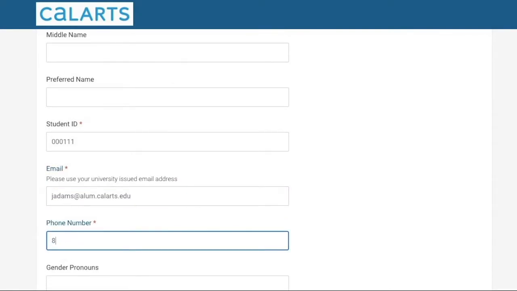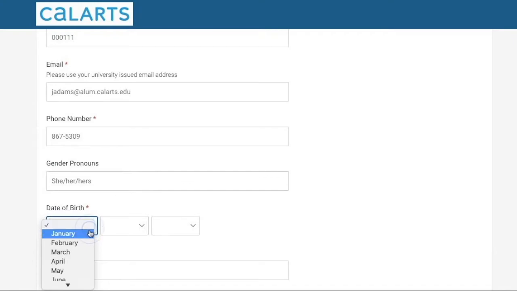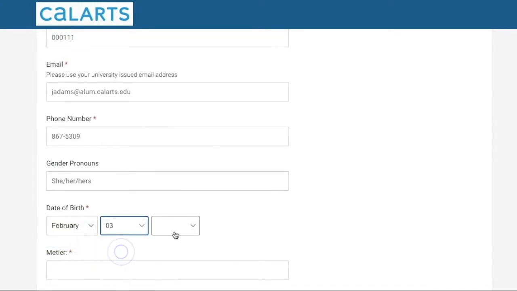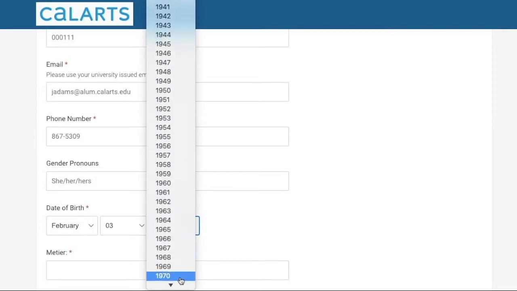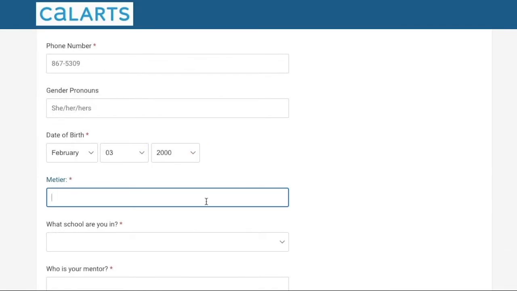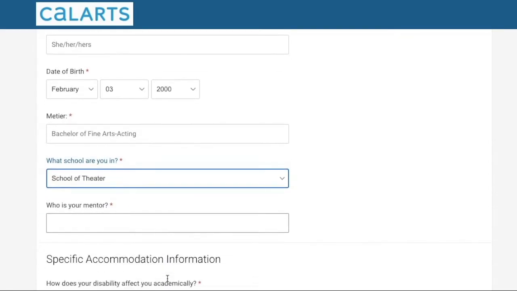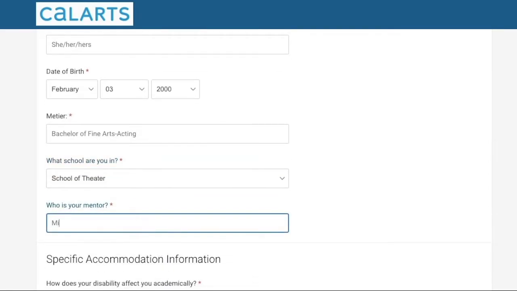phone number, gender pronouns, date of birth, your métier, the school you are in, your mentor,